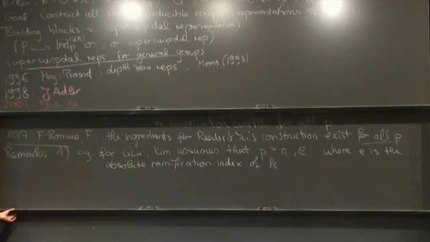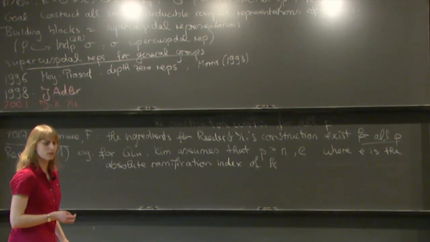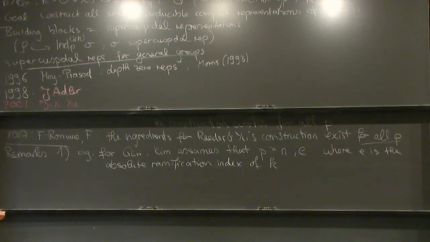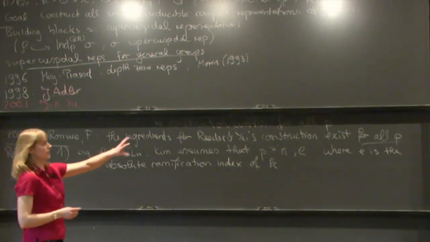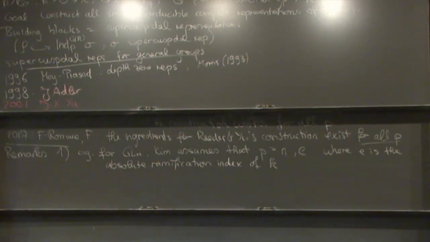Is p bigger than n the truth? Sorry? Is p bigger than n the truth? The what? Truth? I mean, is this the real bound? So I believe that what I write down is basically optimal. Give me 5 more minutes and then I'll answer your question. So that's the topic for today. Whenever you ask, wait 5 minutes.